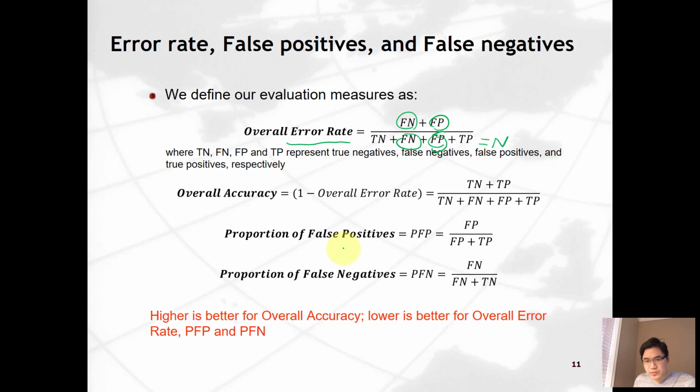And now let's break it down to two types of error rate. Both of these are the error rate because they are false proportions. The proportion of false positives is those false positive errors divided by all positive predictions, regardless of whether or not they are true or false positives. So the denominator here would correspond to the column sum of the second column, the column that is the positive